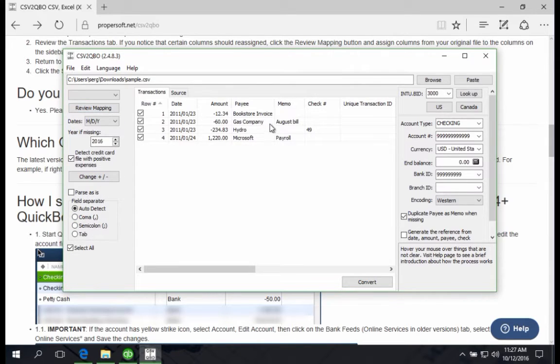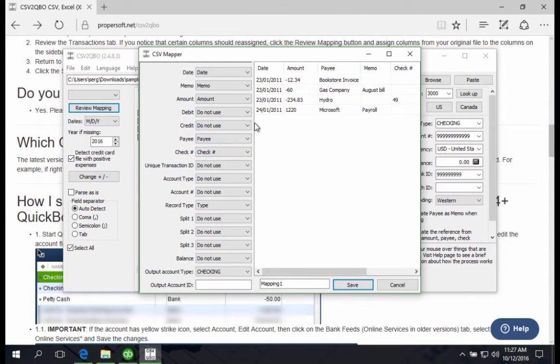So for example, I want to change payee and memo. I click review mapping, and then what I see is that memo is assigned to memo and payee is assigned to payee. So I can change it this way if I need to. Or if, for example, your file doesn't have column names, then you would see field 1, field 2, field 3, field 4, and here this is like your guidance, your preview, so you can see which one is field 1, field 2, field 3, and here you select which field you want to be check number, which field you want to be